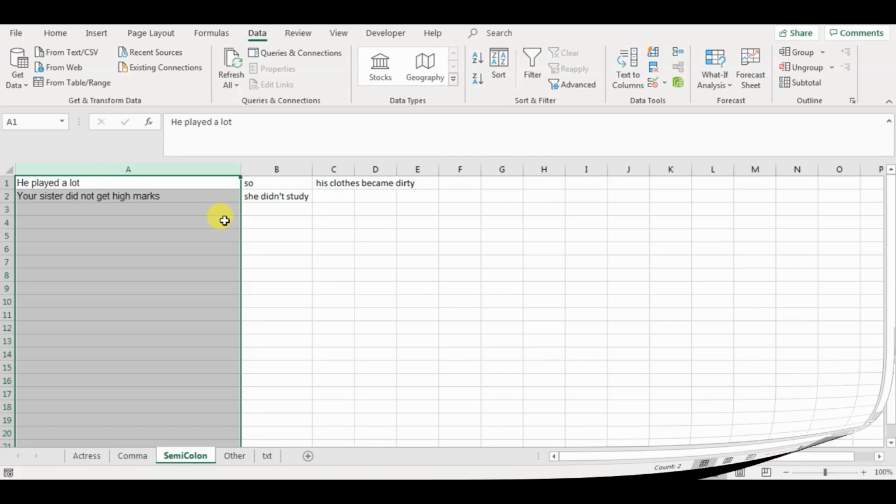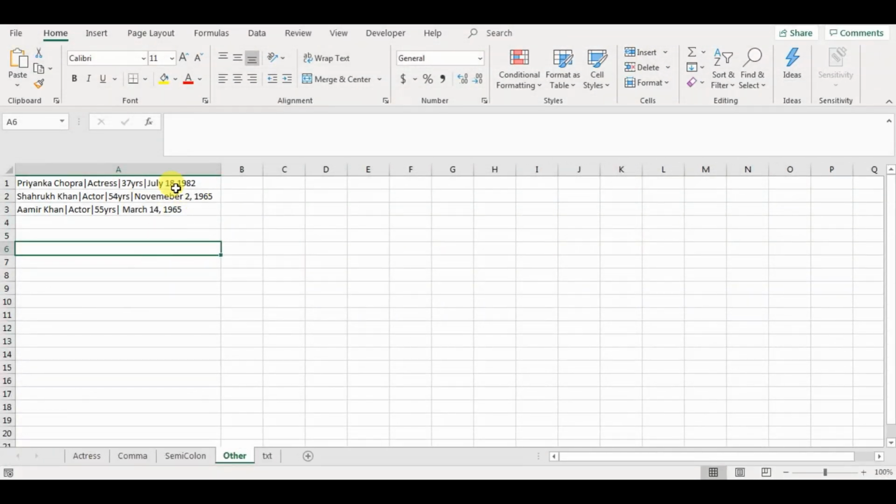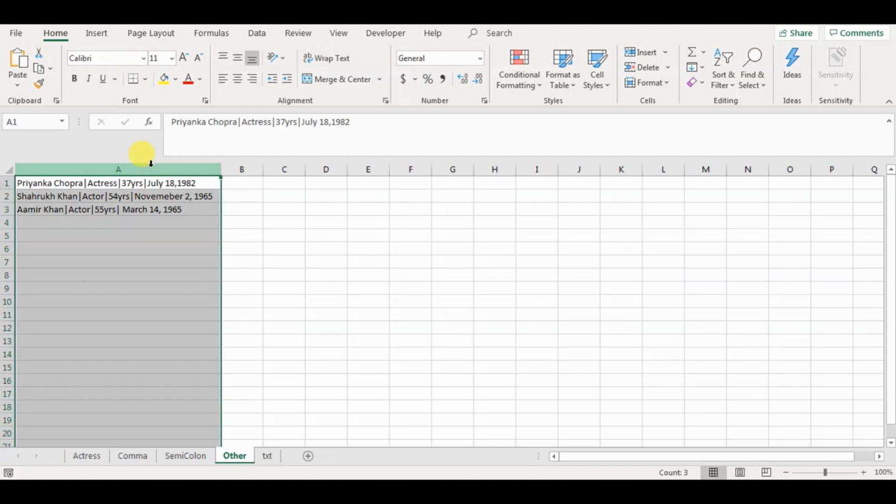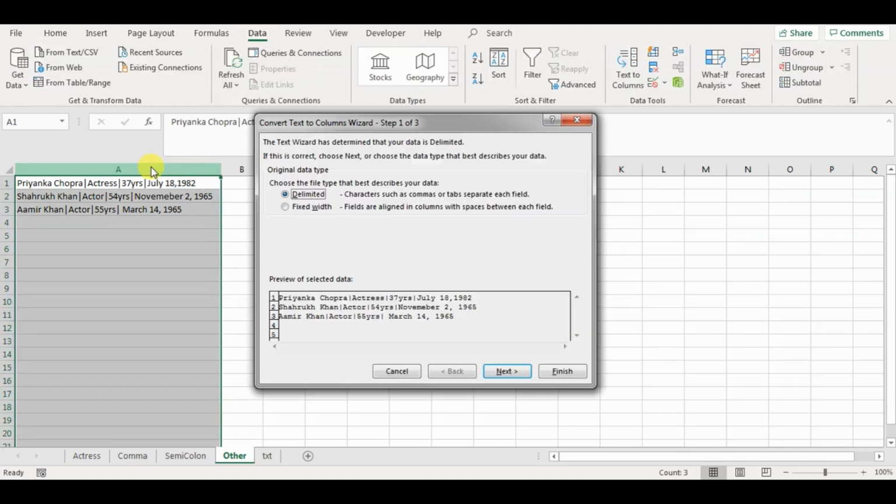Now let's say I have a text that includes separators such as pipes in this case, or it can be even a hyphen or any other symbol. To split the values into different columns, we're going to use the same method. So I'm going to select the cell, press Alt A E, the wizard would pop up, delimited, next.